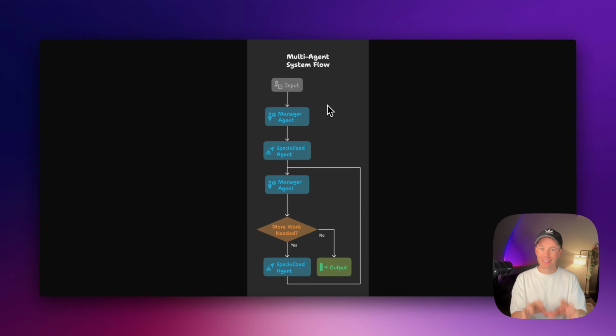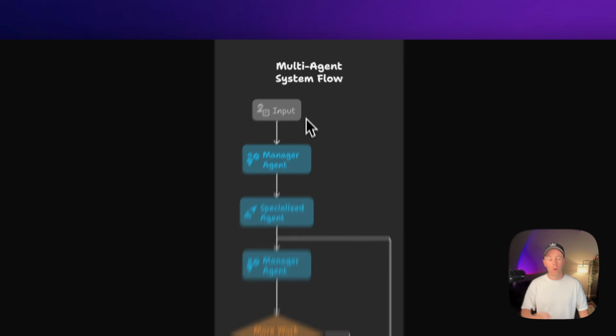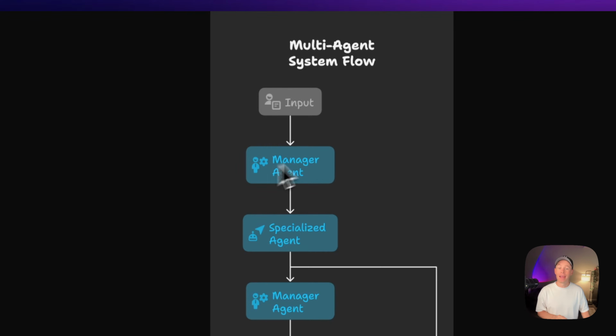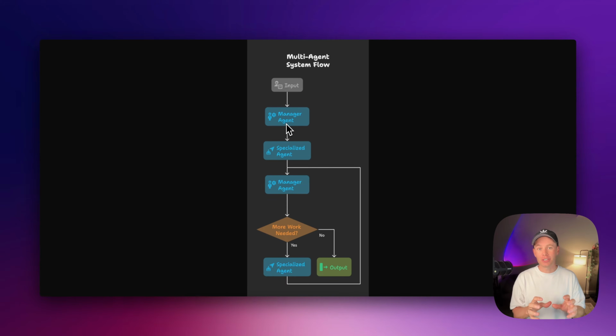And this is what that looks like. This is how it differs from the single AI agent setup. So we start off the exact same. We have our input, whether that's from a user or a webhook, whatever it is, which then gets sent to a manager agent. This manager agent is not tasked with executing specific tools. What this manager agent does is it takes the input, analyzes the goal at hand, and then delegates to different sub-agents that are specialized in their fields to accomplish these subtasks